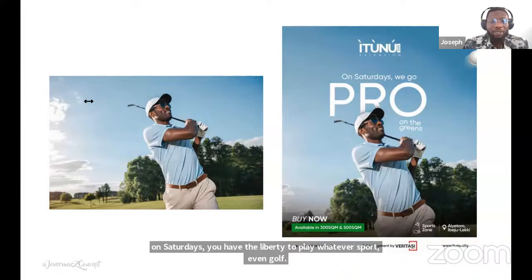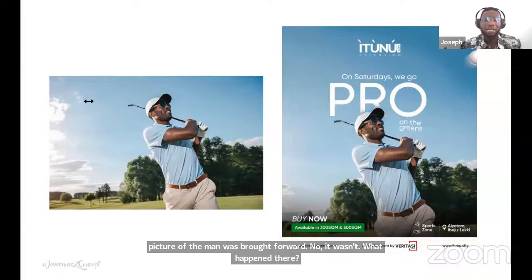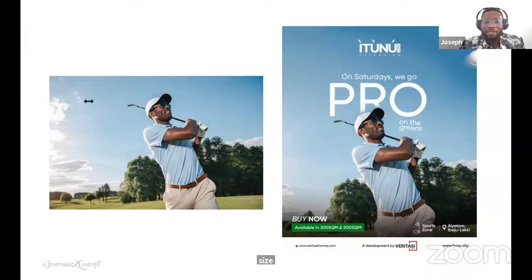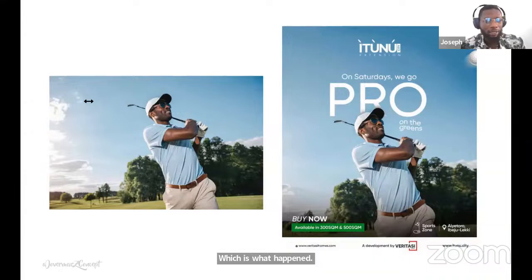Missy says the picture of the man was brought forward. No, it wasn't. What happened there? It was enlarged in size. I said you can edit an image by increasing the size. You can also edit an image by cropping out the parts that you do not want, which is what happened. After the image was resized, the other parts were cropped off. Okay, so